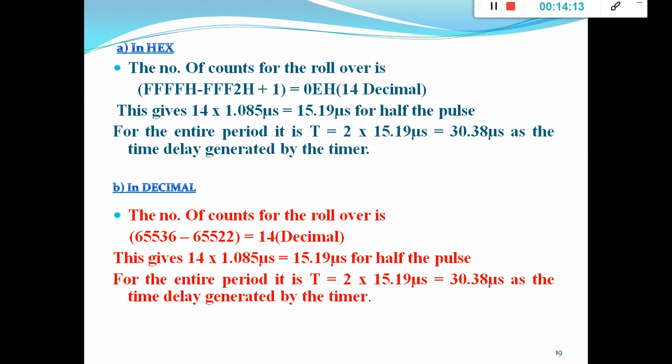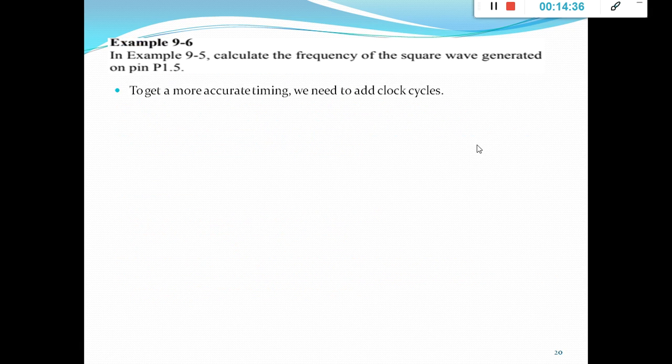So each instruction has a machine cycle, and you have to take that machine cycle and calculate the entire period. When you compare these two, with overhead and without overhead, the time delay with overhead is going to give the more accurate time delay. So this is the value FF, F2 for the same program. This is without overhead. Now we'll see with overhead.